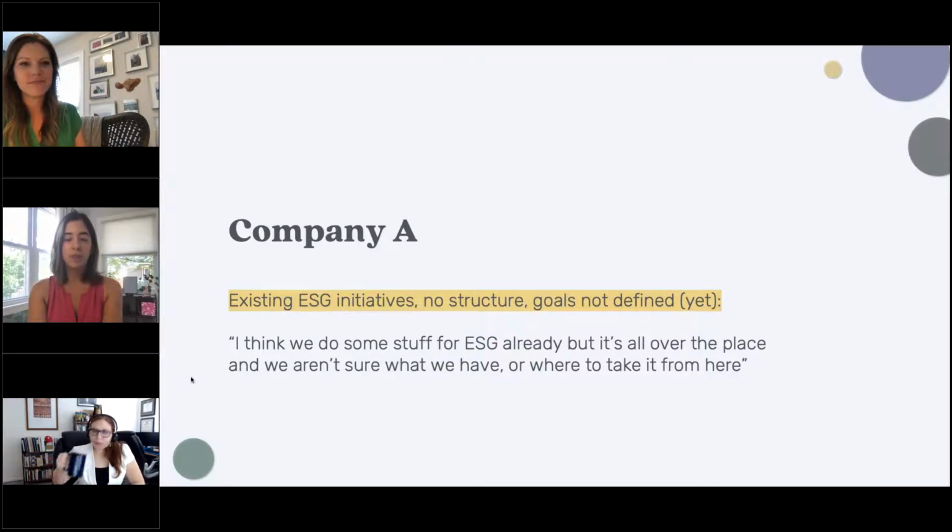Their whole idea around materiality is they think they already do some ESG already, but they feel like it's all over the place. They aren't sure what their baseline is, what they have, what they're actually doing, if it counts, and they don't know where to go from there. So this one's quite common. It usually happens